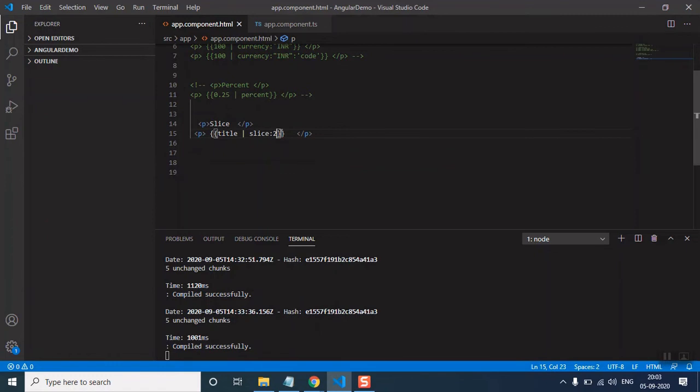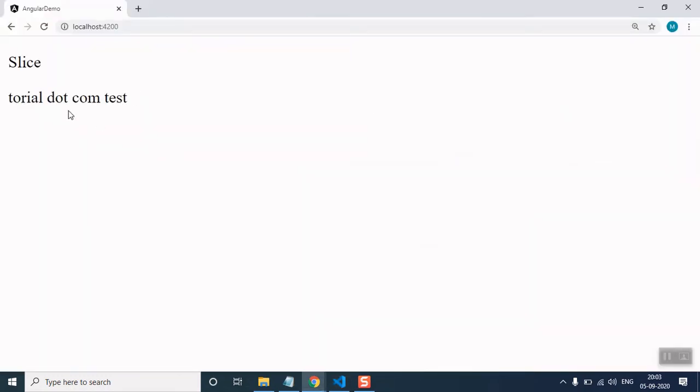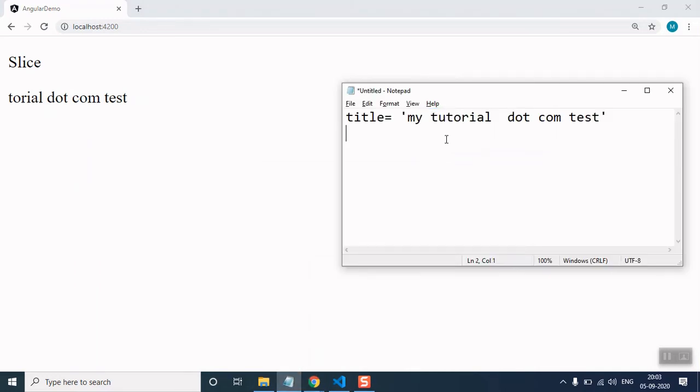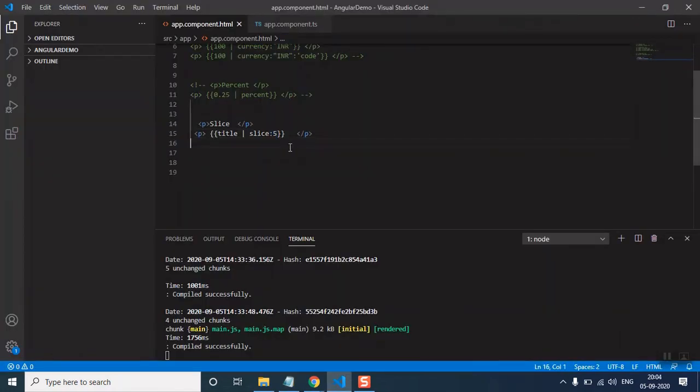So let's change this 2 to 5. Save the changes, and now you can see that we are not able to see the initial 5 letters from the whole text. So this is how the slice pipe works. This parameter indicates from where you want to start reading, or from where you want to display the value.